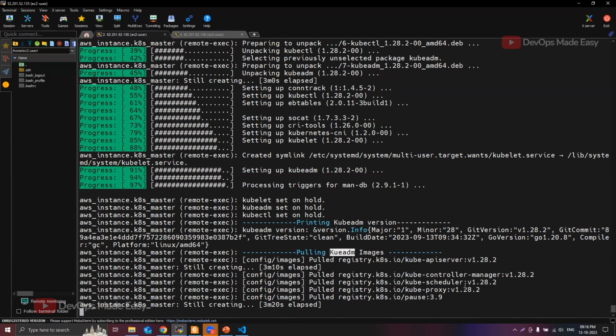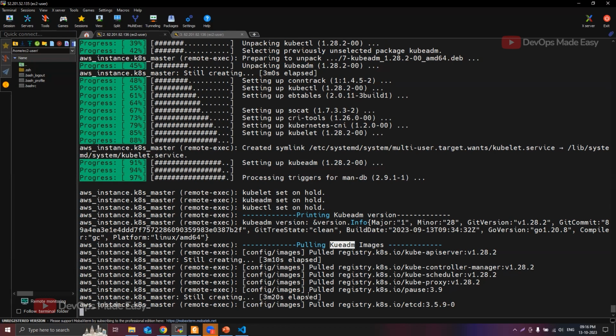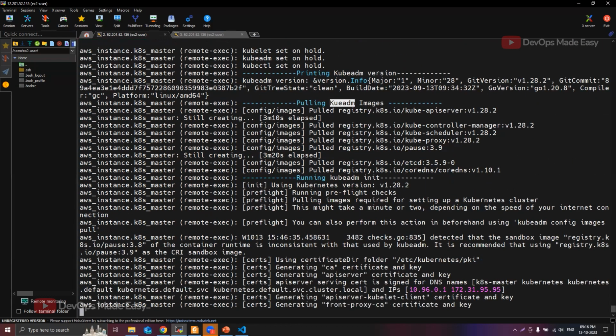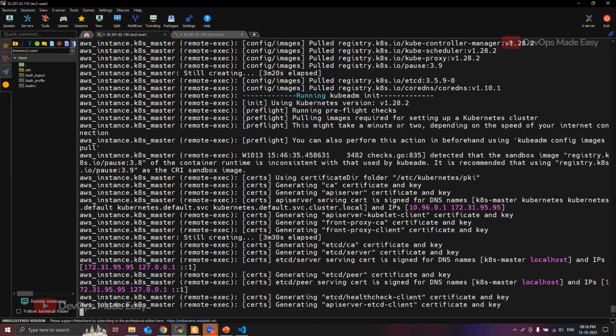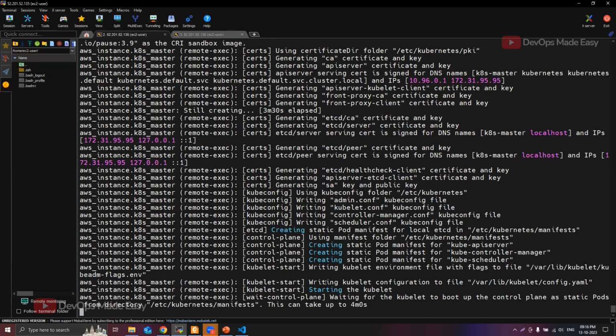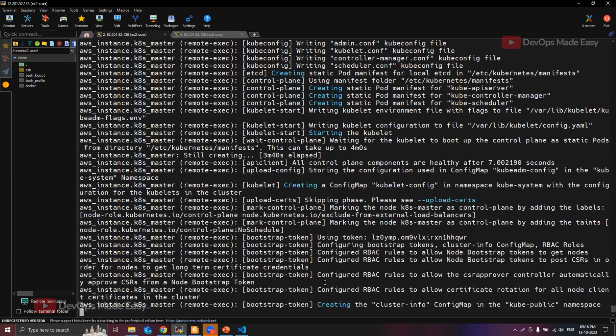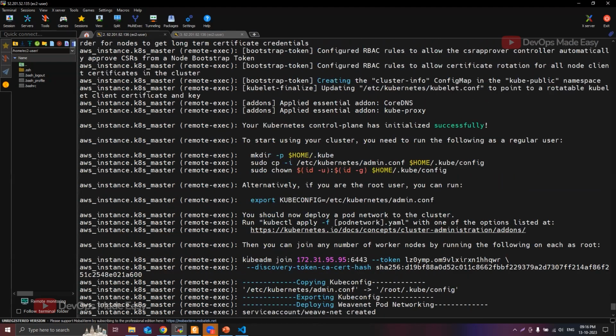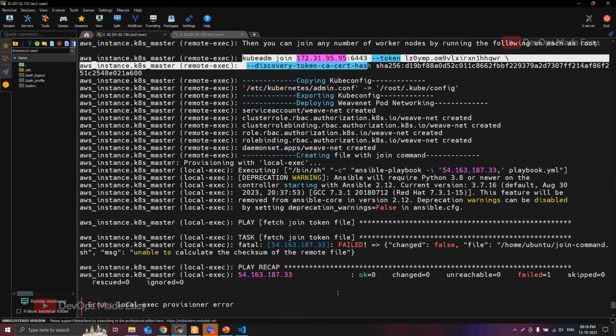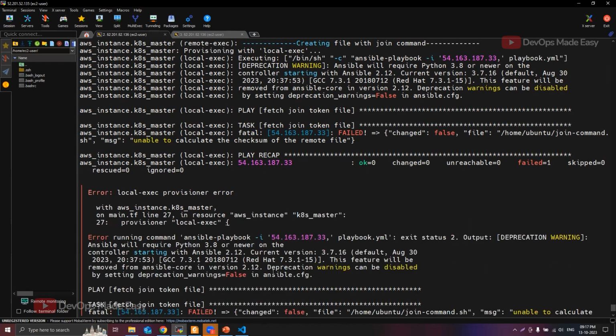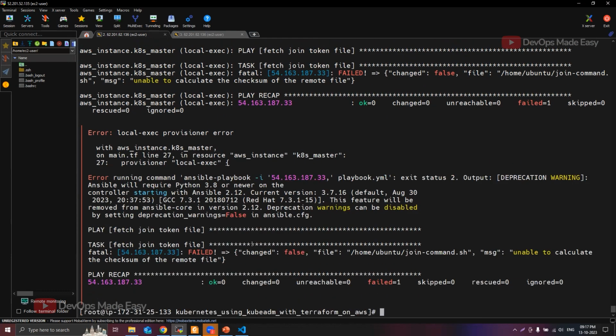So once it is done, it will anyway show the join token, but I cannot copy that token. So that's why I created a new token and then created a file in the master. And then using an Ansible playbook, I'm just taking it out. Okay, you can see the join token is already there. But what I did is I actually, oh,